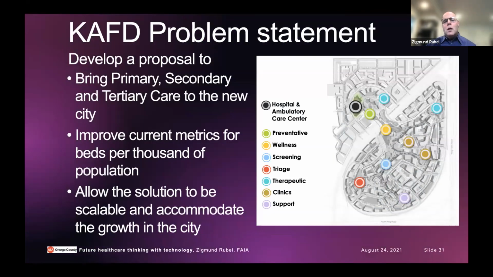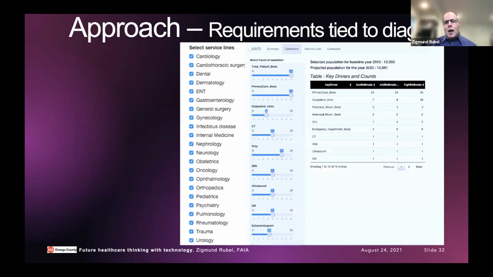The first one is for, the acronym is pronounced CAFD, King Abdullah's Financial District. This was a brand new city near Riyadh, which is the capital of Saudi Arabia, and they had no data. So we had to find a source of information that could work and allow them the infrastructure to support their new city. And what they wanted to do is,